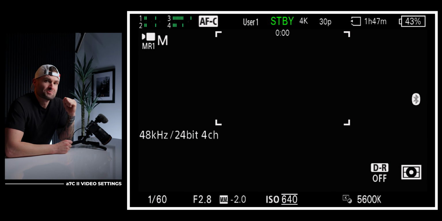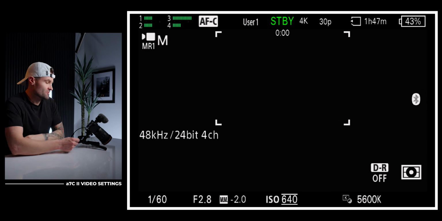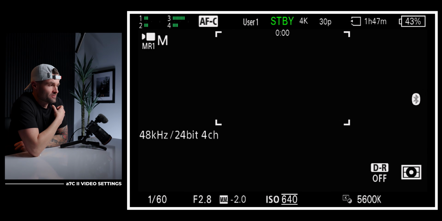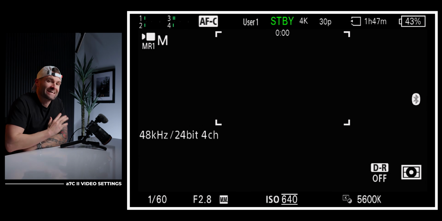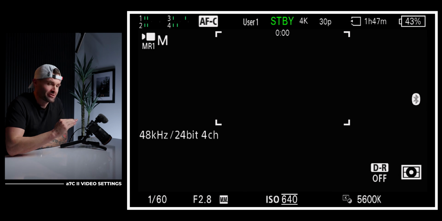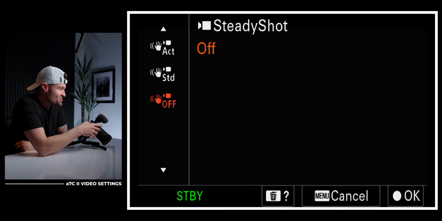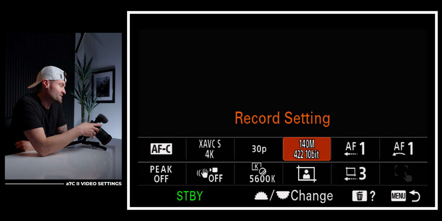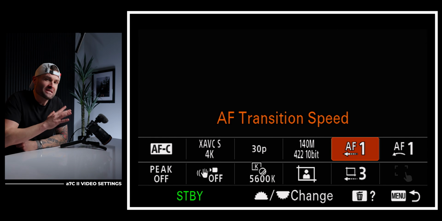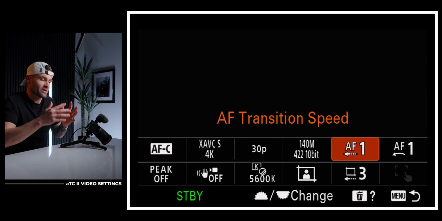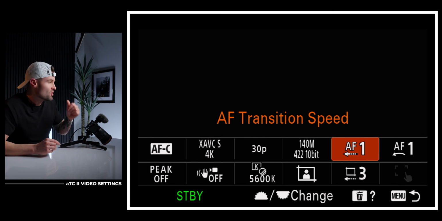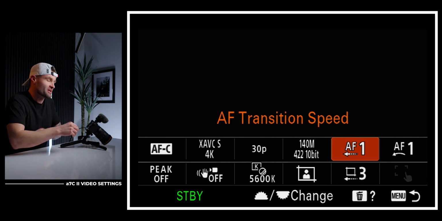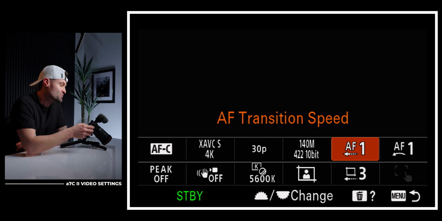And here's the big time saver thing that you can do for this section. These cameras, if you go through and you set everything how you want it for one of those types of shots, everything from your stabilization to your file formats, your frame rates, your record settings, your focus speeds, literally everything that you think you need for a regular type of shot that you're going to do frequently. Once you set every single setting when the camera's in M mode or manual,